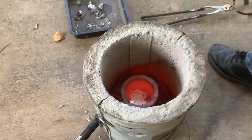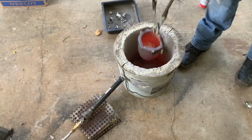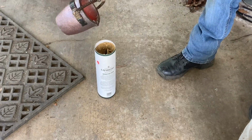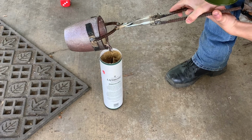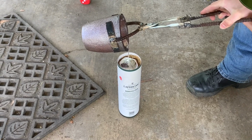There's a little bit left over in the crucible before I take it out, and I didn't have my spoon handy. I couldn't find it. Not the one at my foot there, but one I used to remove dross. And I'm just going to pour that in. It shouldn't be an issue. It should flow straight to the bottom. I've removed the knife, obviously, and I'm just going to let a little bit flow extra on the top until I cut the video